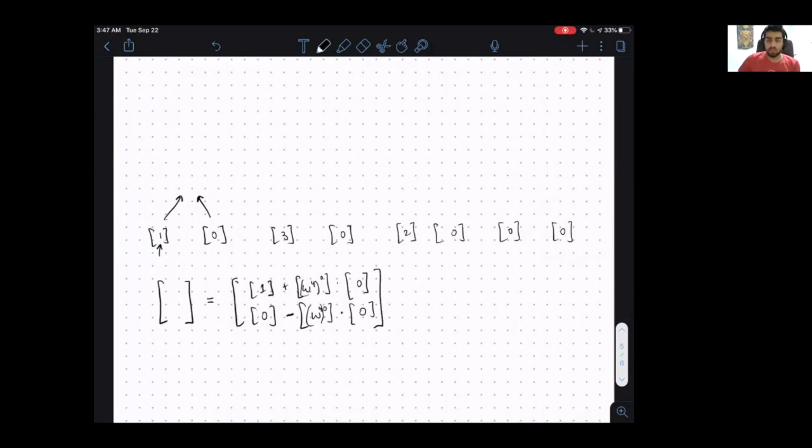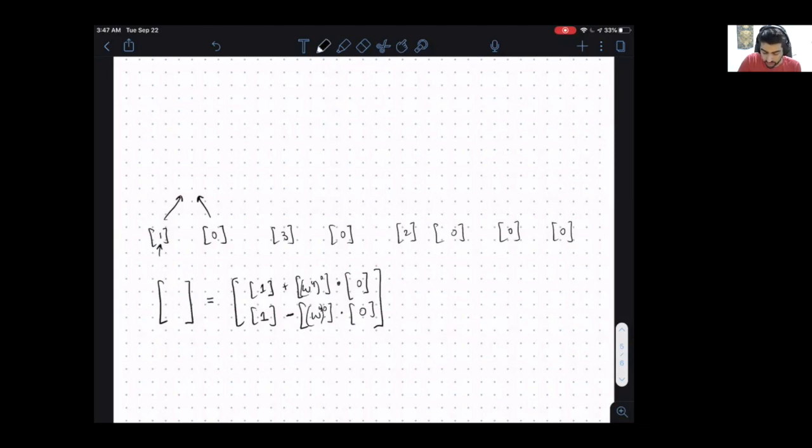But luckily, in this specific case, it doesn't really change much, because both of these omegas, both of these constant terms, are being multiplied by the right subproblem, which is just 0. Excuse me, this should be 1. Sorry about that. Yeah, so this is the left subproblem times omega,